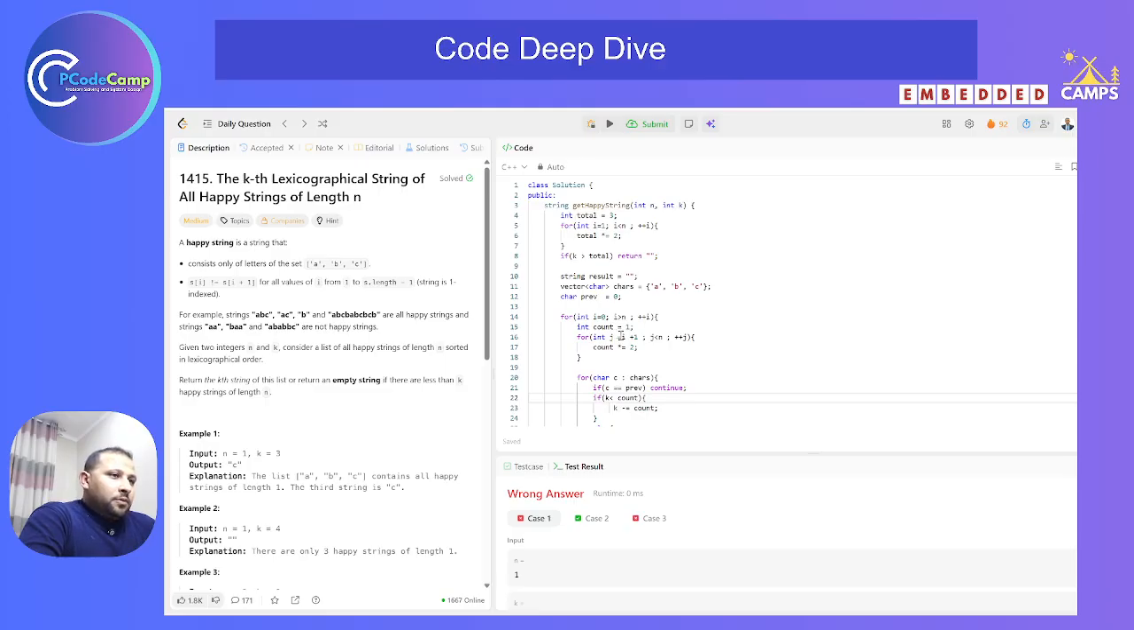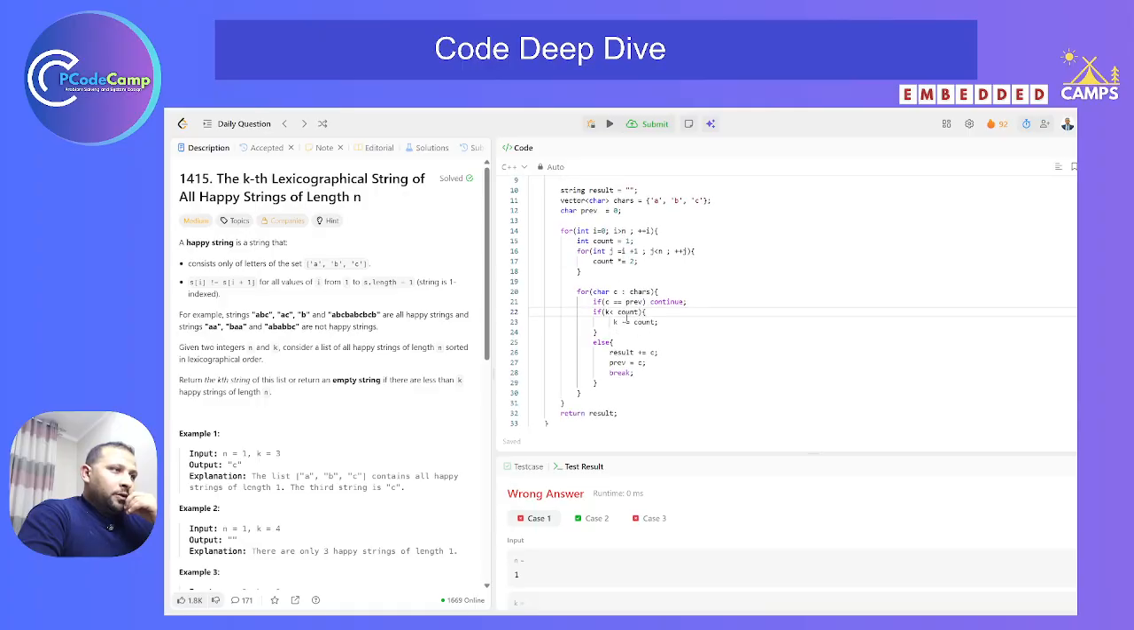And inside the loop, this is count 1. This is the count of happy strings for remaining positions. For integer j equal i plus 1, j less than n, j plus plus, inside it each position has two choices except the first. So count multiplied by equal to two, and then over the characters I will check if c equals previous, I will continue, and if k